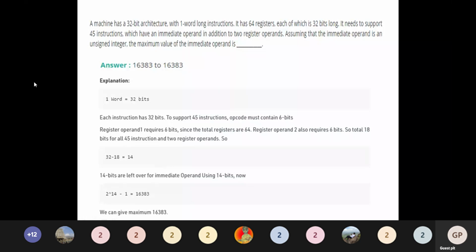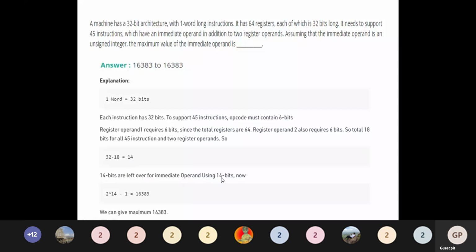The word size is 32 bits, so 32 minus 18. Two register operands require 12 bits, plus the 6-bit opcode gives 18 bits. So 32 minus 18 is 14, and 14 bits are left over for the immediate operand.